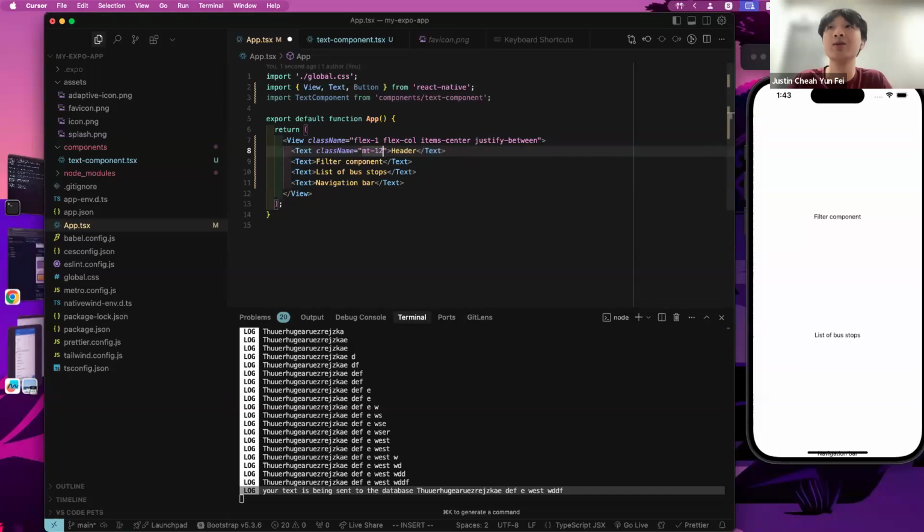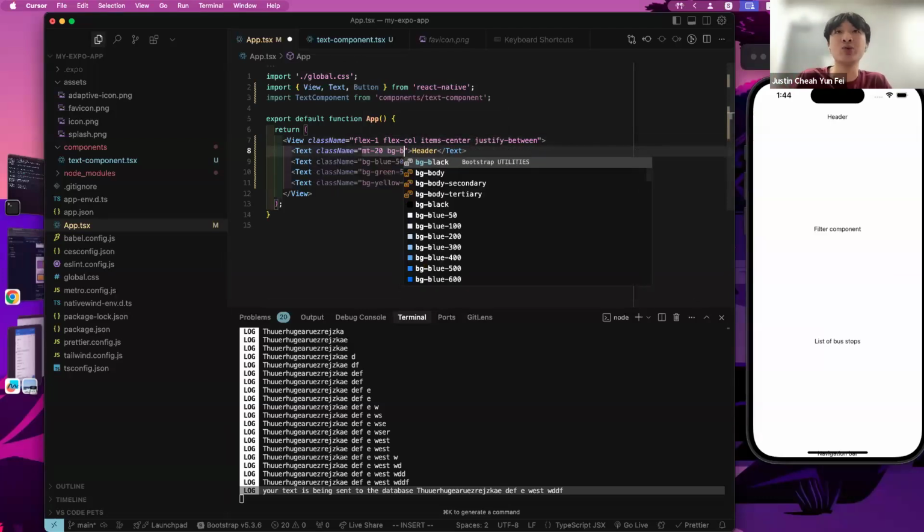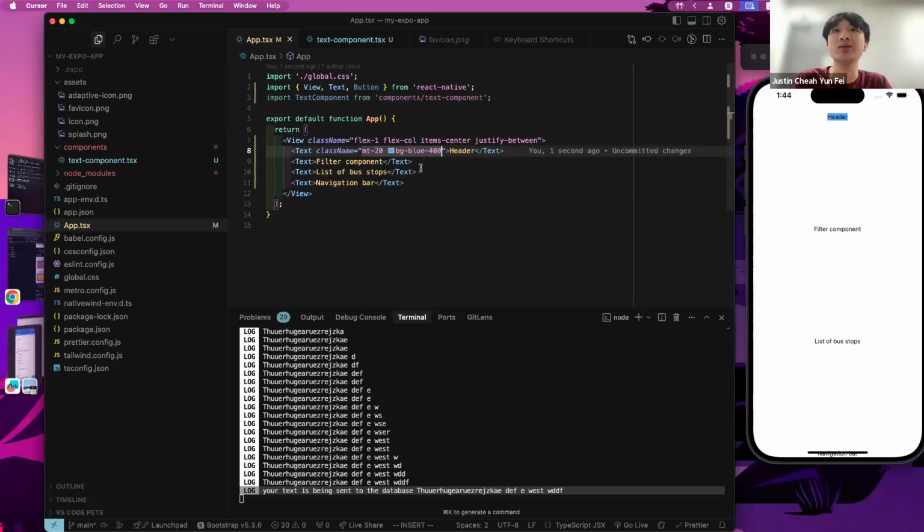Okay, sorry. I'm going to be working iteratively on this, but for now we accept this hard code. So now I also want to set the background to blue, let's say 400,